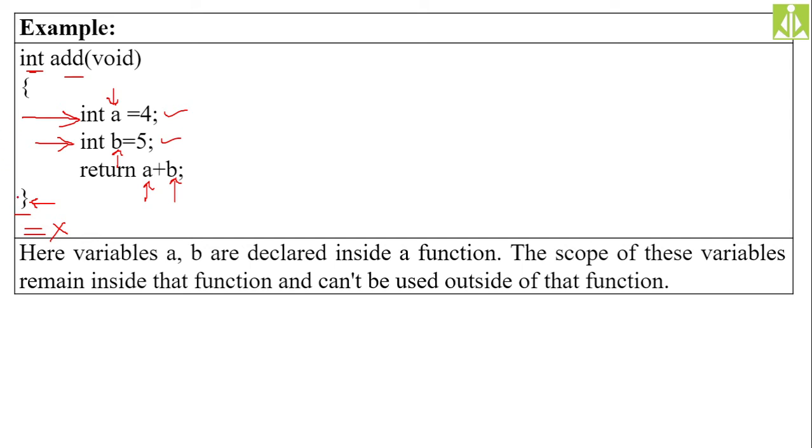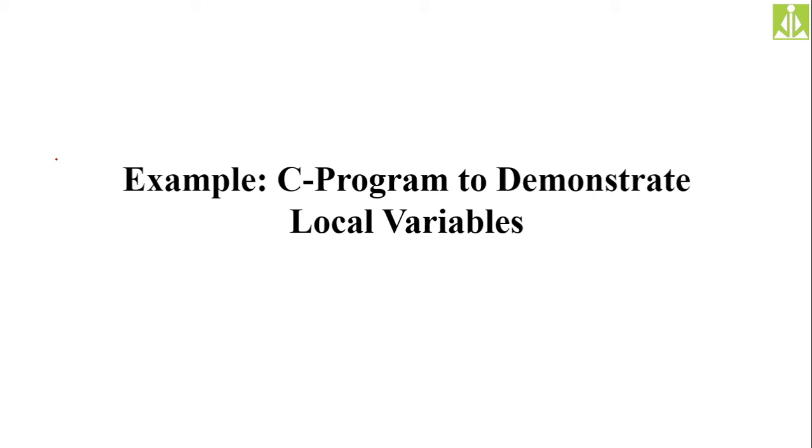The same thing I have explained over here. When we are declaring a and b, their scope is limited to this particular block, and outside the block when we are trying to access this a and b, we can't because they died. So these are local variables. Practically we will see whether whatever statements I have given just now are justifiable or applicable.